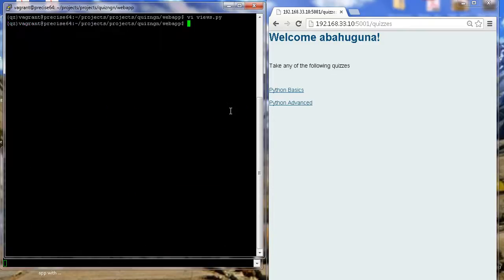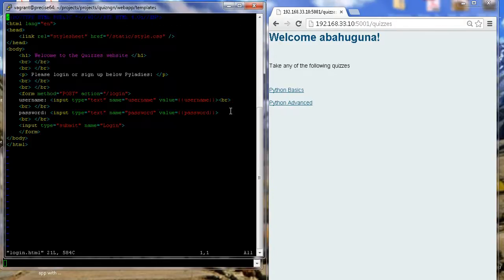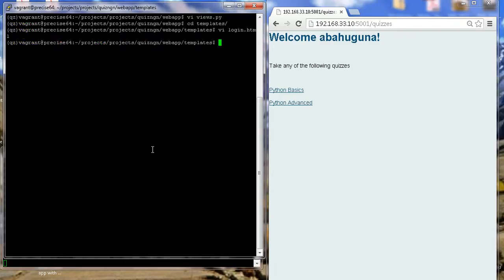So we can go into the templates folder and look at login.html, and we see what was printed. When we went there, it showed welcome to the quizzes website, please log in, sign up. And then it presents a form where you can post the information with username and password, just like I did. I said Bahuguna and some password, and it showed a button, submit. So once this whole thing gets entered and I press the submit button,